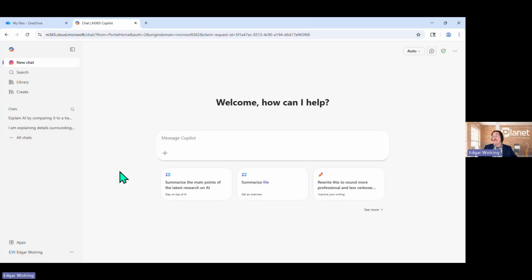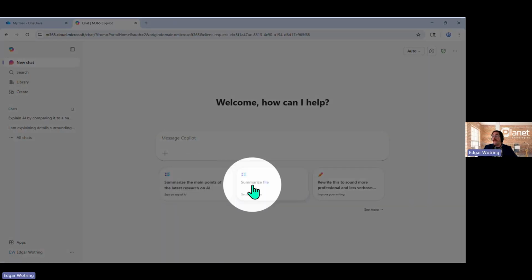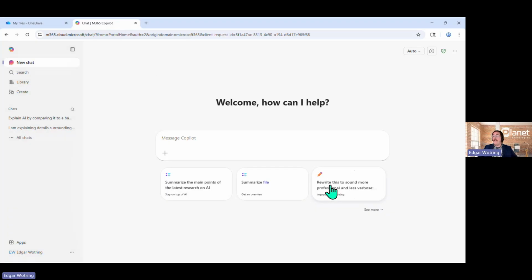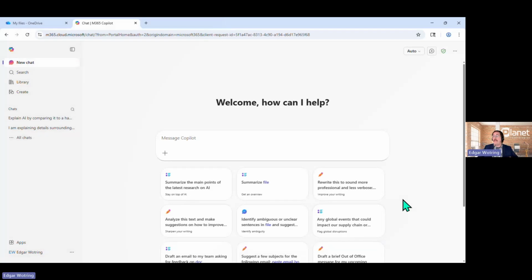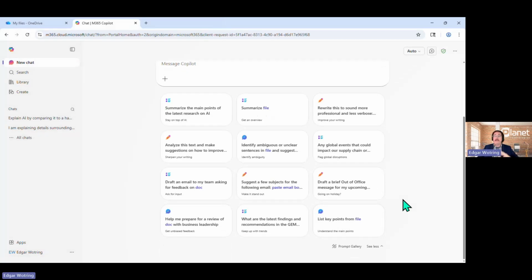We can get another look at those suggested prompts down below Copilot here. And if we navigate over to this See More control, the little down arrow or caret allows us to quickly browse through some of the other suggested prompts provided by Copilot.